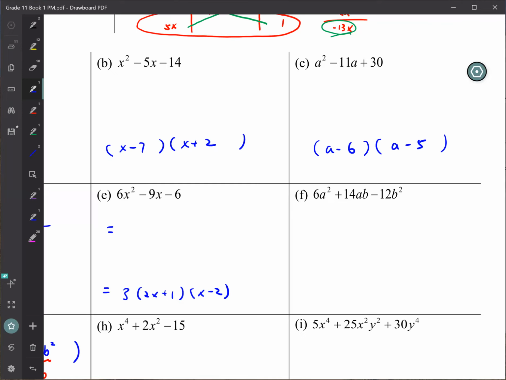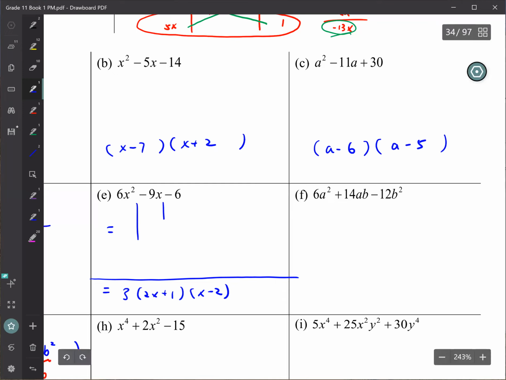So let's see what happens if you did not do the GCF first. Let's say you forgot, okay? I want to see if you can still get the right answer. So pretend I go right away with cross multiply. Did anyone do it like that? Did anyone forget to do GCF first? Okay, so you guys are good. So let's say I forgot, and then I try,